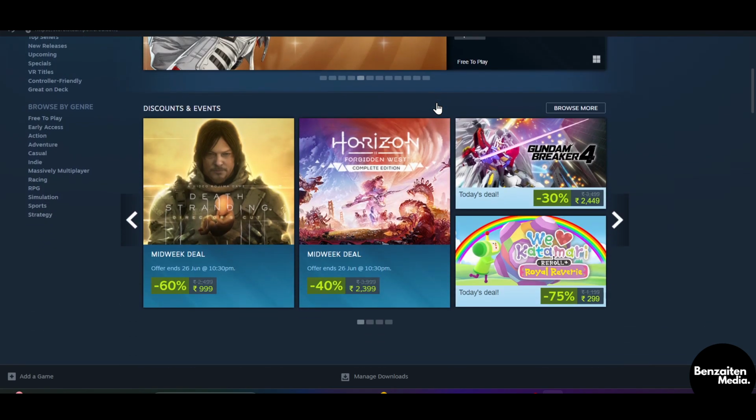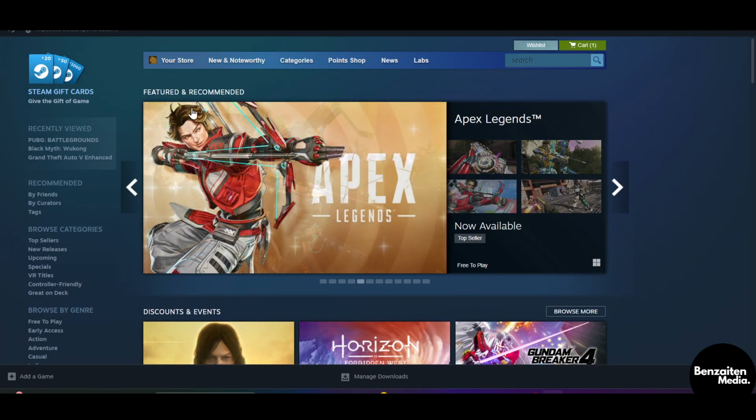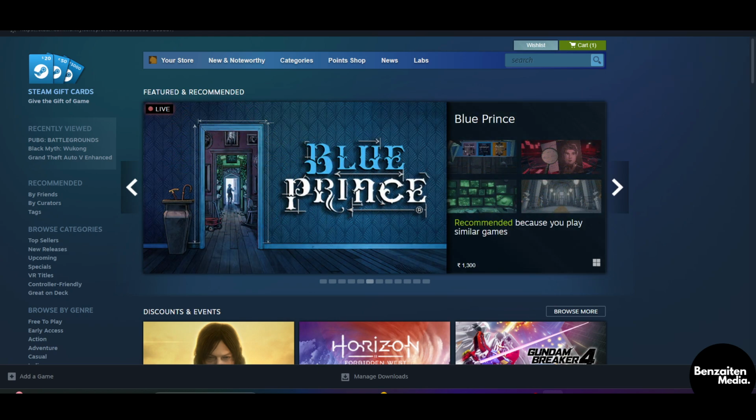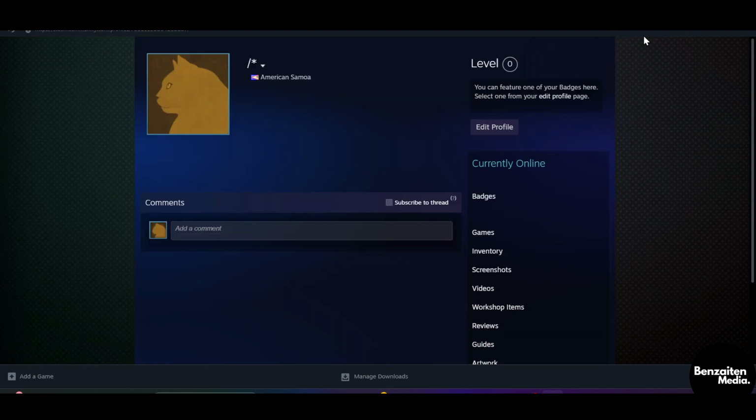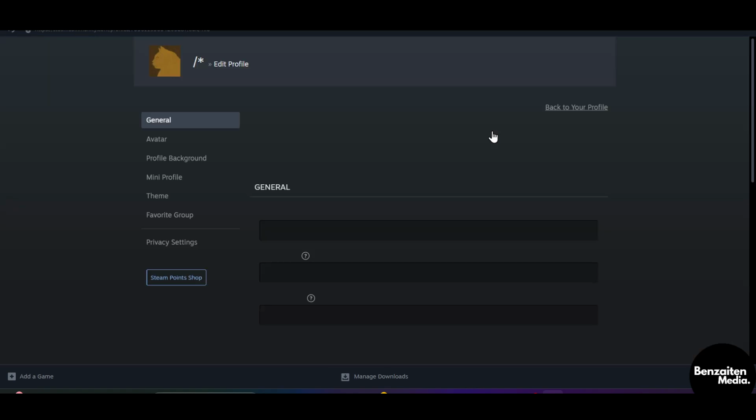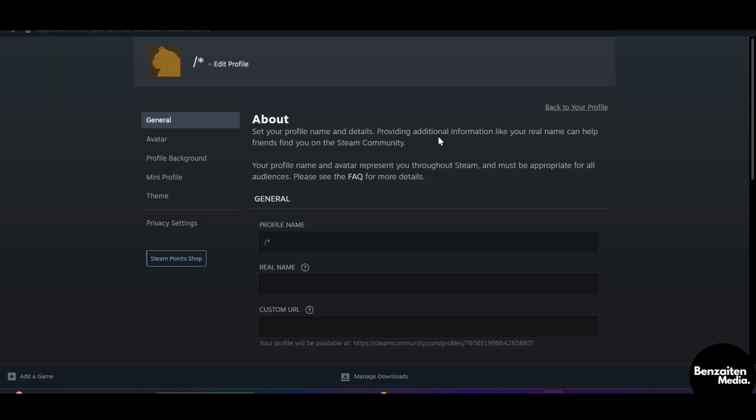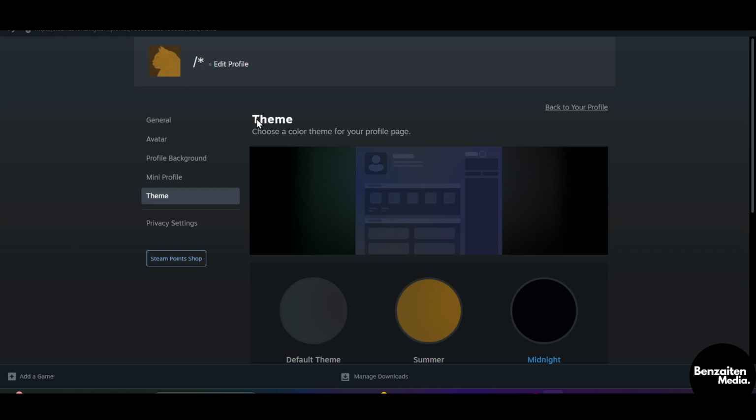Now, after installing the Steam application, this is what the dashboard of the Steam application will look like. Now here on the right side at the top, click on your profile and then click on View My Profile. Now this will open your profile page. From here, click on Edit Profile, and after clicking on Edit Profile, here you will find the option of artwork,